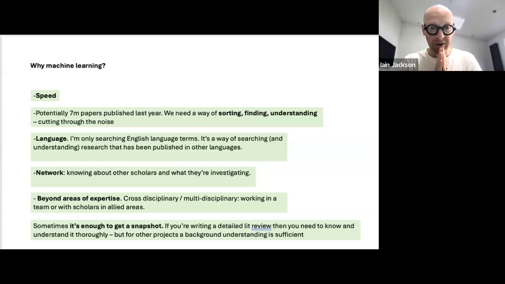We can reach out to the network more easily. So once we know who a scholar is, AI helps us to follow them more readily and to even reach out to them and to maybe start a collaboration with them. We can work beyond our areas of expertise. So in the example I've just been sharing about the West Indies and the Caribbean, I didn't know anything about the West Indies and the Caribbean when I started that paper. I knew about tropical architecture, but I didn't know about that particular context.